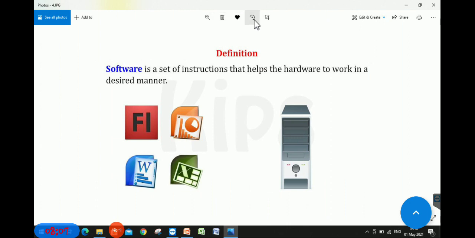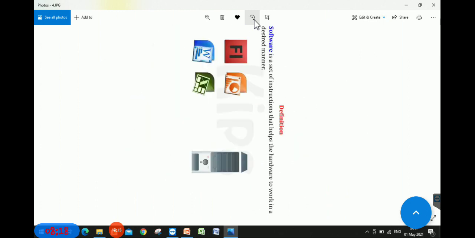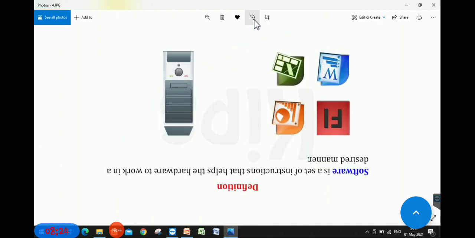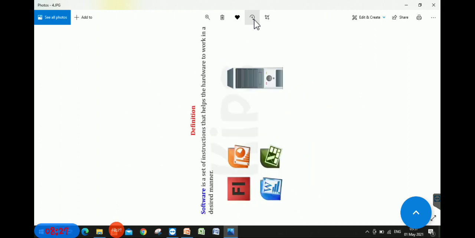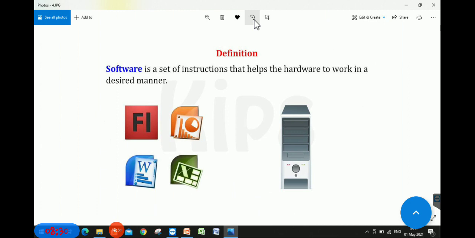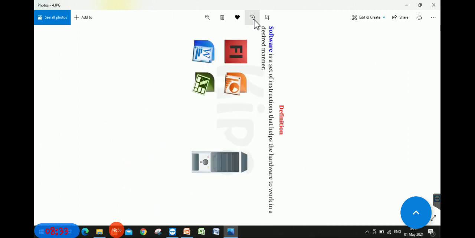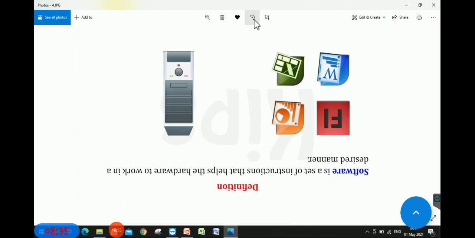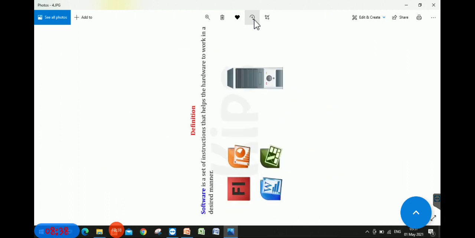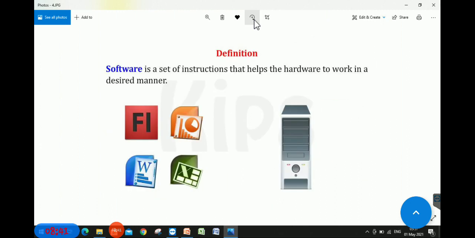Now the next after the favorite button is rotate. If you want to rotate the picture, then you can click on this. Look at this, it's rotating. Starting from 30 to 60, 60 to 90, just this way it will rotate. So four sides it will rotate: right side, then down, then left, and then up. Means a straight 90 degrees, 360 degrees. Clear? So this way you can rotate the picture also.